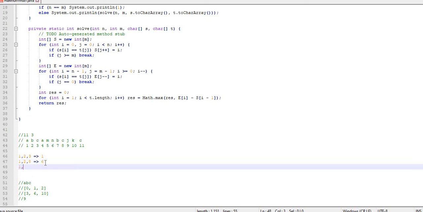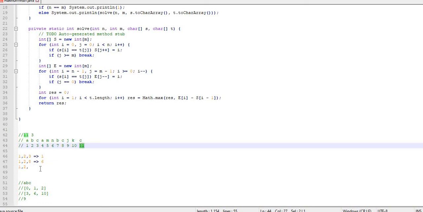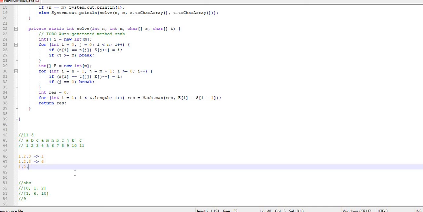Another combination I can take is 1, 2, and after that, like last time, I take this 11, the last C element. That gives 2 minus 1 is 1, and 11 minus 2 is 9. Out of 1 comma 9, 9 is the maximum, so that's why the value is 9.